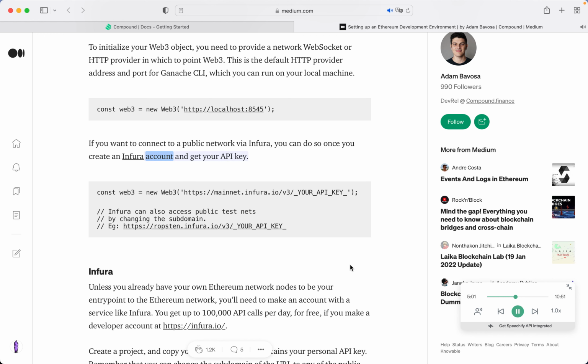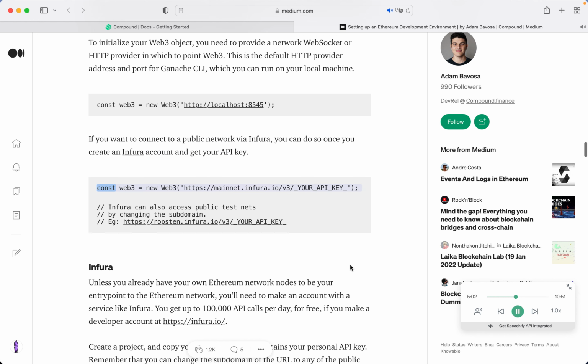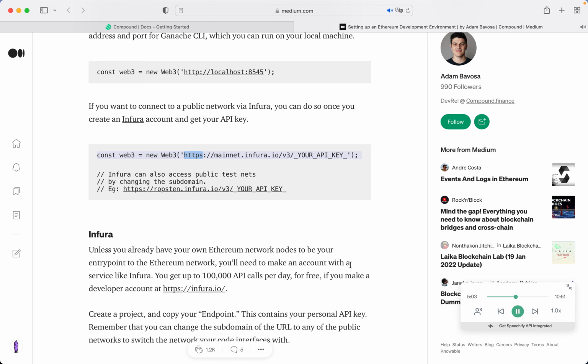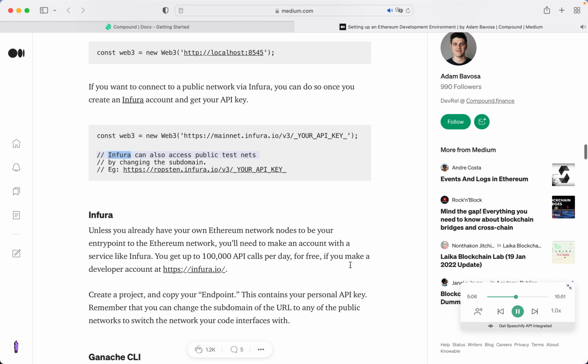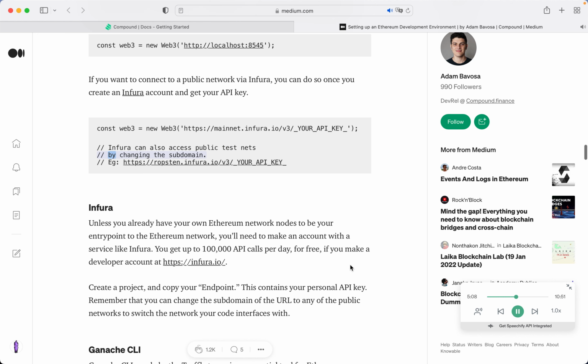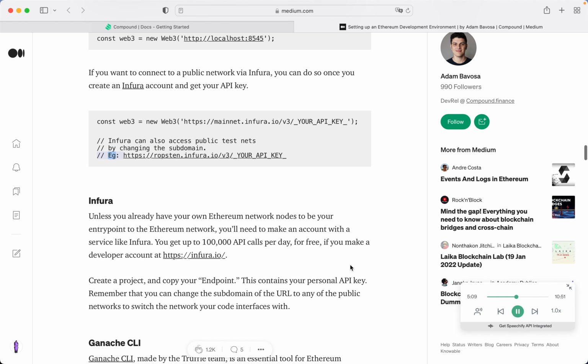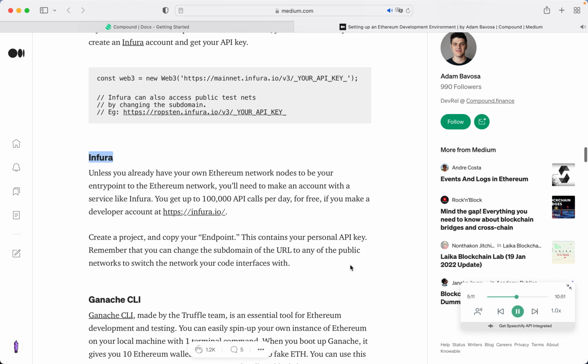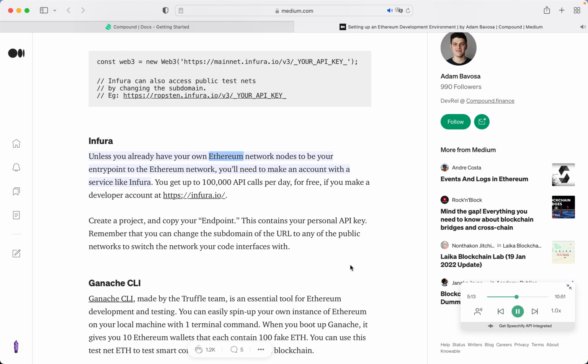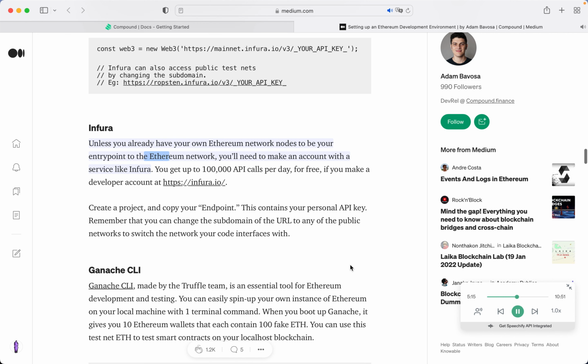Infura account and get your API key. const web3 = new Web3('https://mainnet.infura.io/...'); // Infura can also access public test nets // by changing the subdomain, // e.g. ropsten.infura.io. Infura. Unless you already have your own Ethereum network nodes to be your entry point to the Ethereum network,